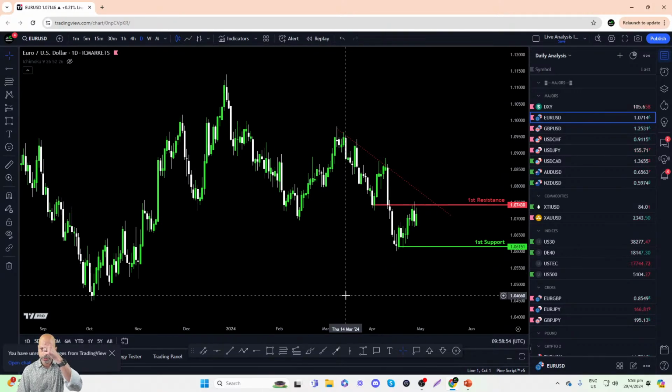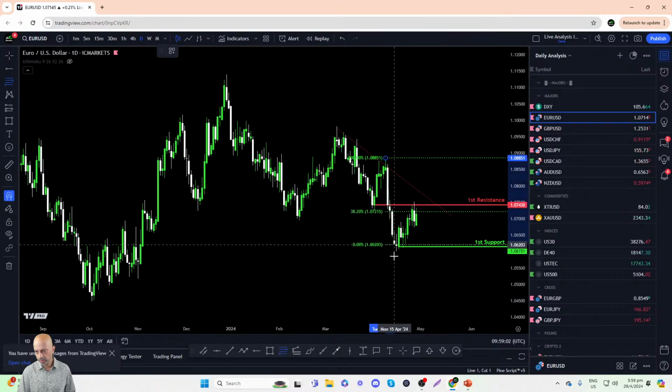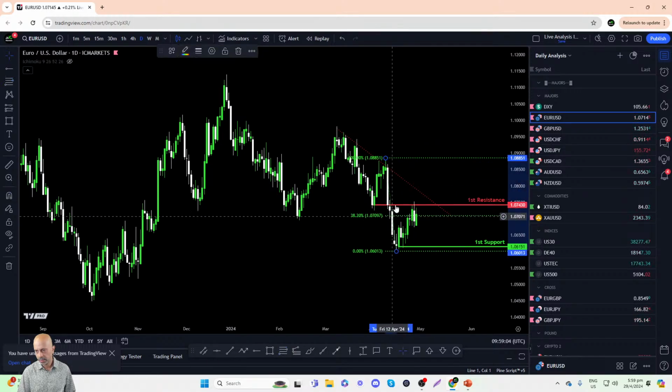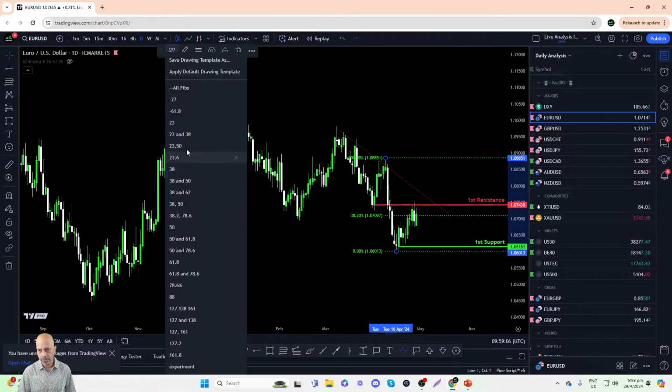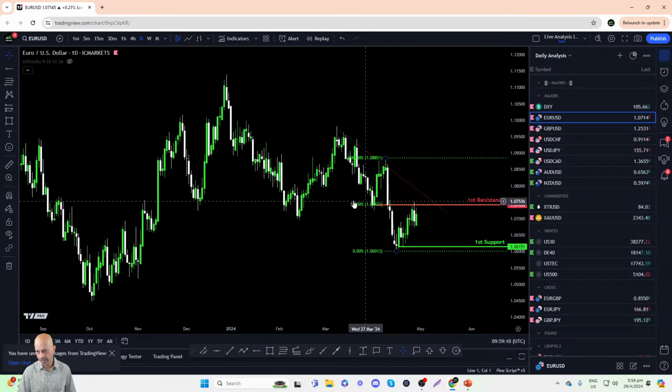Right, is there a Fibonacci retracement that we could use? So yes, I think we can. Right, so let's start the retracement from here, this swing high resistance on the 9th of April, going down to the low here on the 16th. There should be a 50% Fibonacci retracement that aligns well with the overlap that we had previously identified. Right, so this adds further significance to this resistance area.